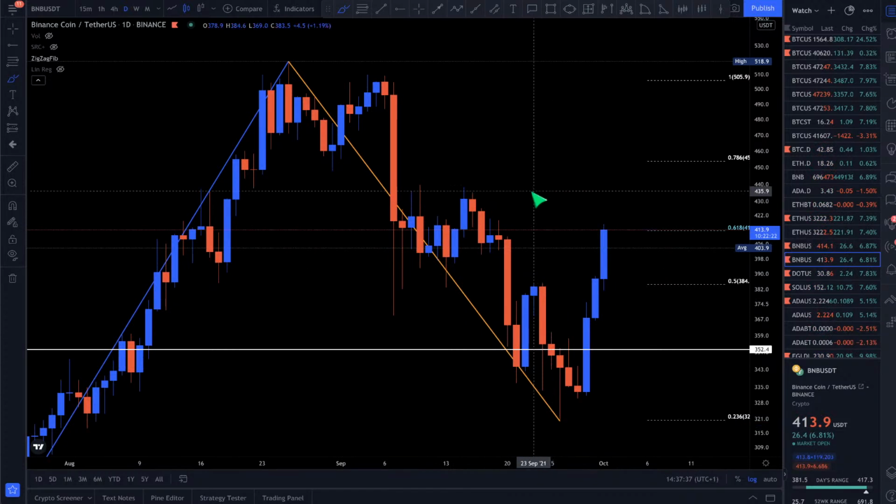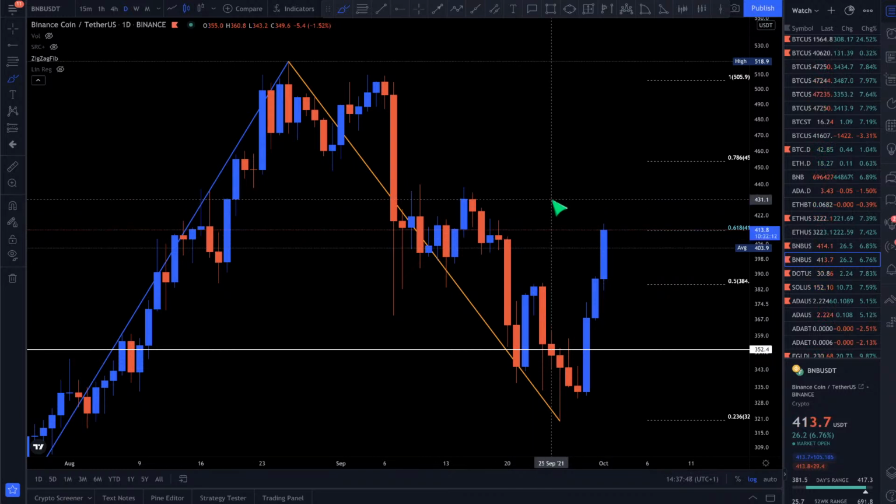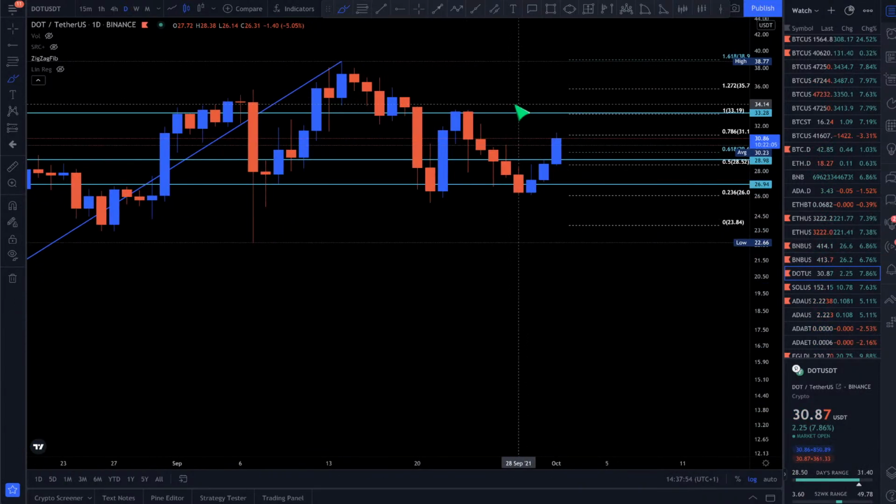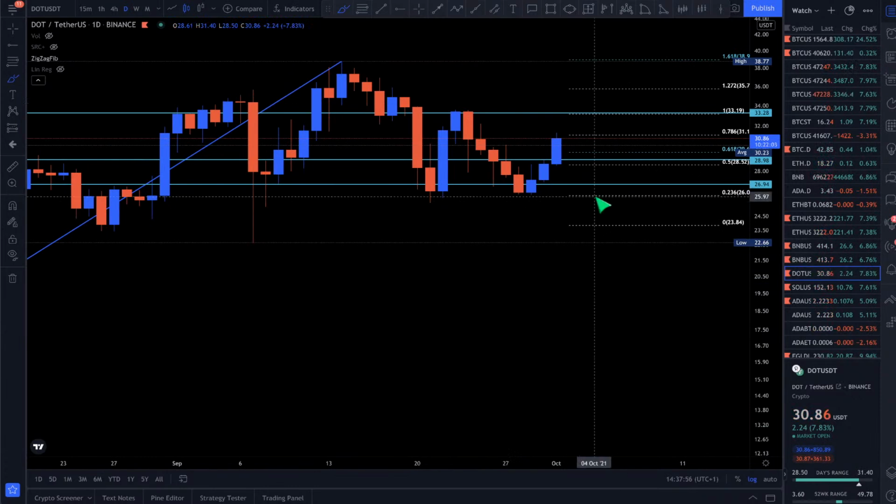So here you can see we're just below. We're not too far, guys. We're about 20, what's it, 20? No, we're about $16 away. Yeah, $16 away from going to this particular level and invalidating this bearish trend and moving back up again. That should be really, really awesome. DOT still has some ways to go, so I'm not going to bother too much with DOT.